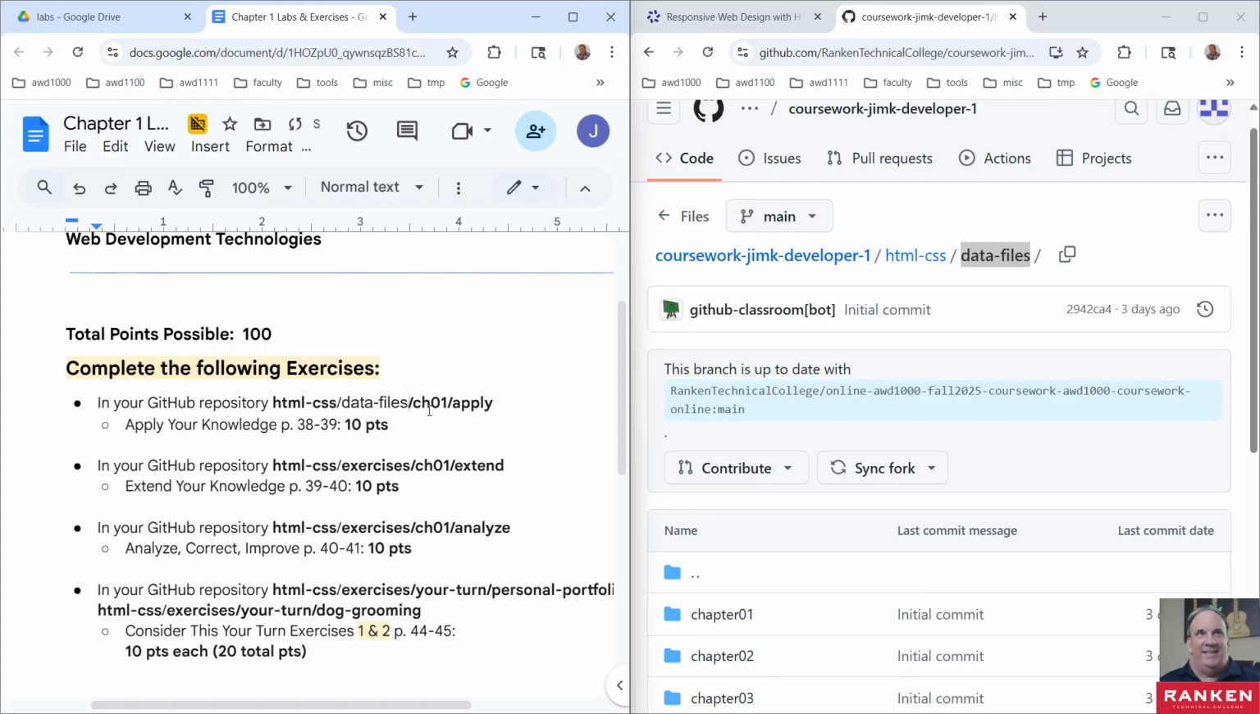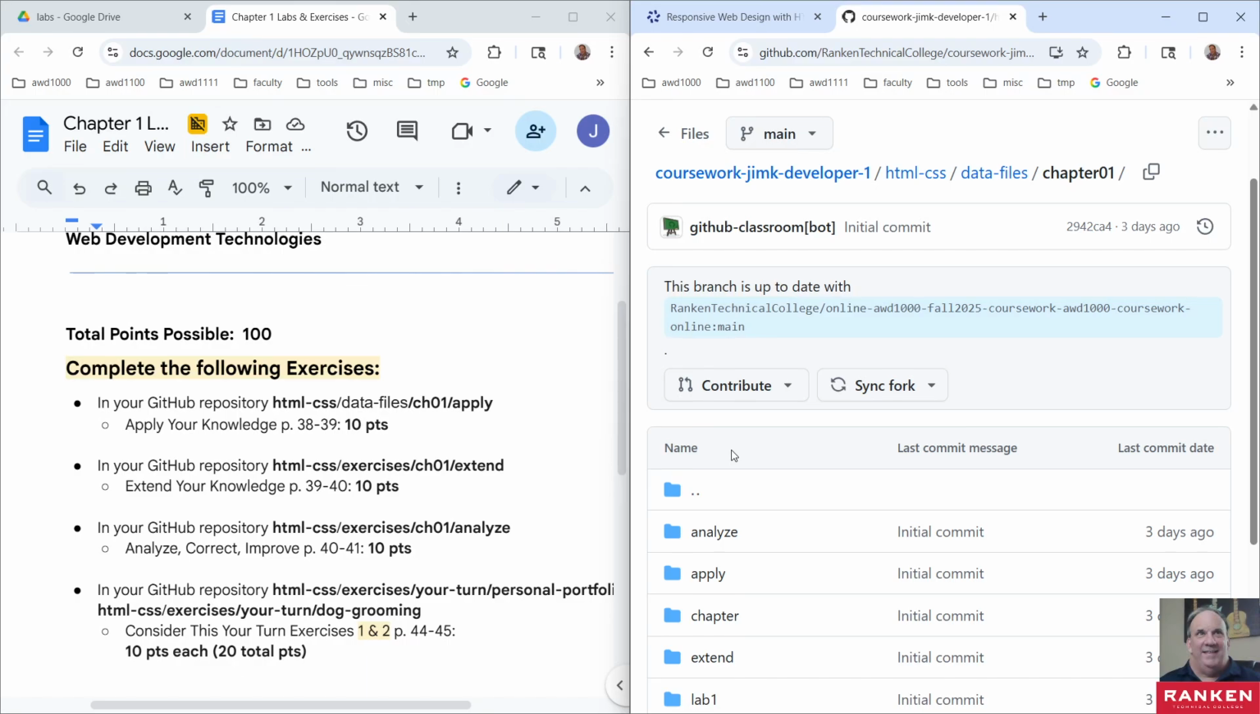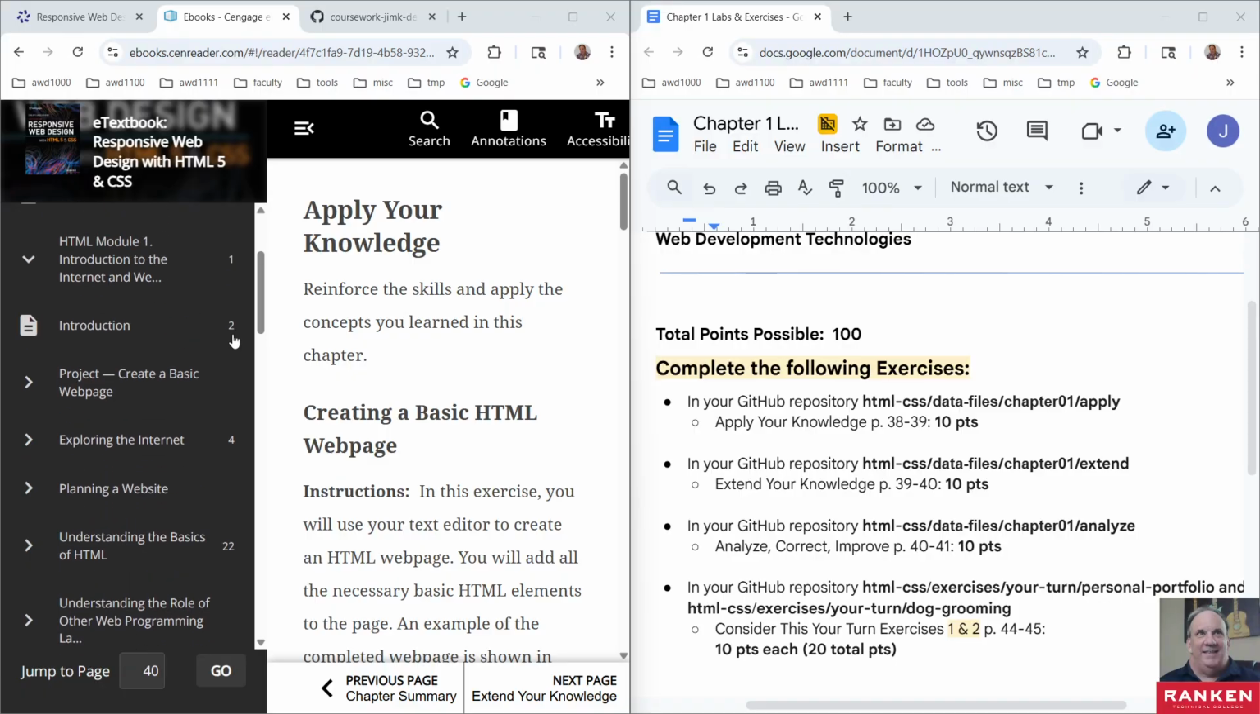Instead of that, we're going to do that. If you already did this, if you already checked something in, that's fine. But going forward, for consistency's sake, try to use that data files directory. This all comes with the book. This data file, all these data files. So in the Cengage book,